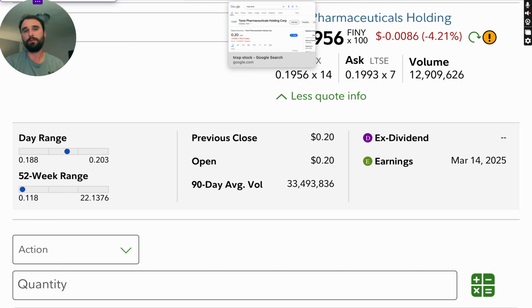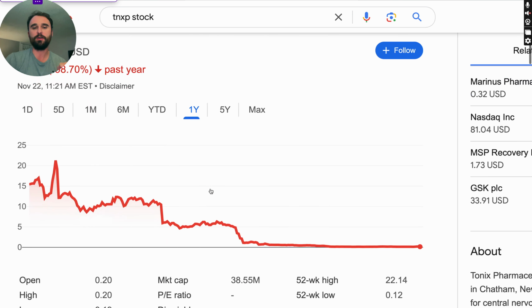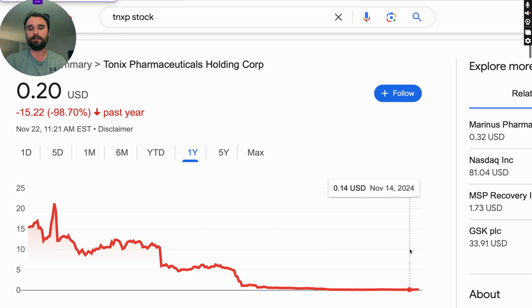To put it simply, I believe they're in phase 3 trials from the research I've done. I always have trouble understanding all this pharmaceutical jargon, but they've basically been fast-tracked by the FDA with their drugs that are hitting the market, to put simply. Okay, so that's the easiest way you can put it. And so the idea is this company could potentially explode, especially if you look at the price over the last